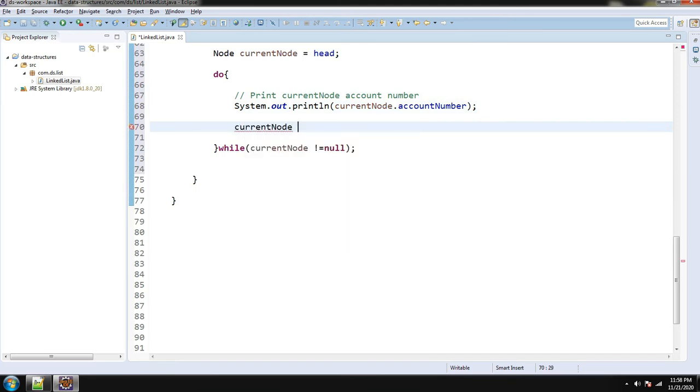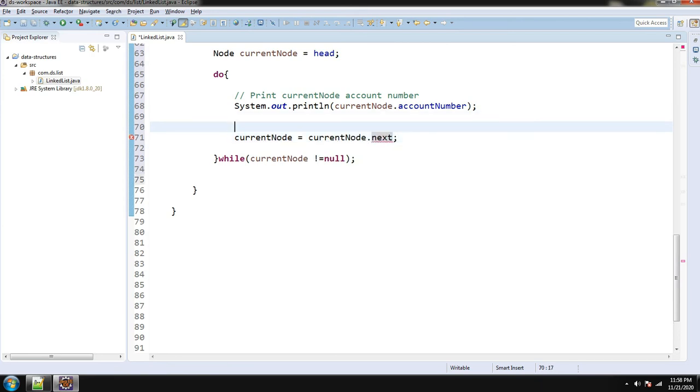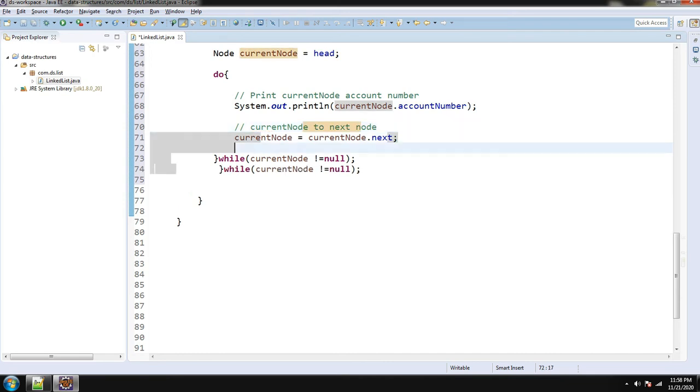Now move the current node to next node by calling current node dot next and assigning it to current node. So now it points to the next node. If next node is not there, then current node will be null, so the condition will fail there. Move the current node to next node.